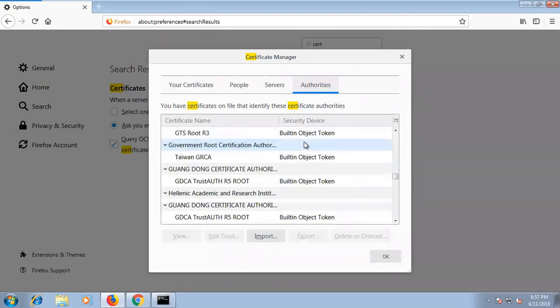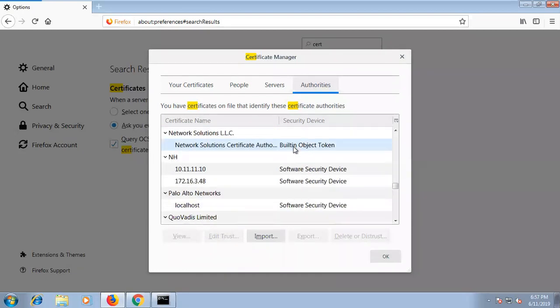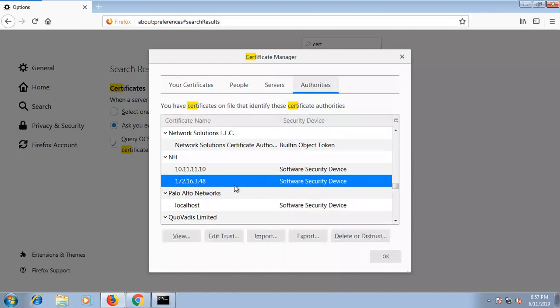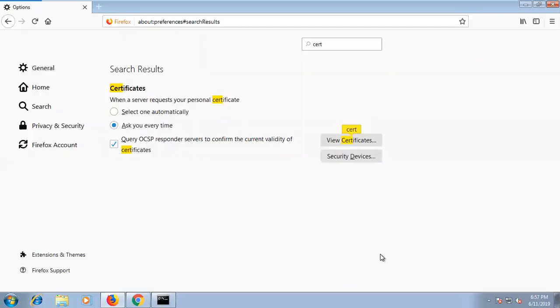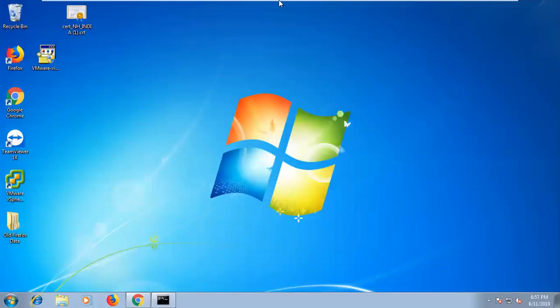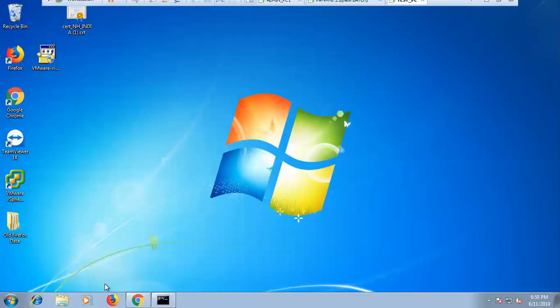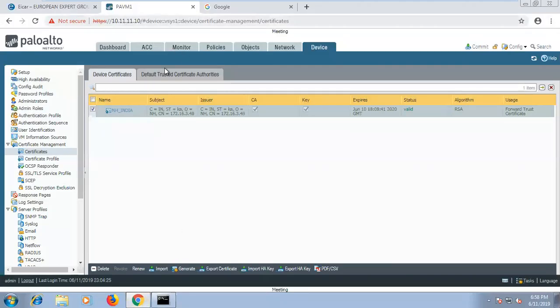You will see the certificate here. Can you see the certificate over here? Okay. So this is the certificate which I imported to the browser. Now, this is not enough. You need to